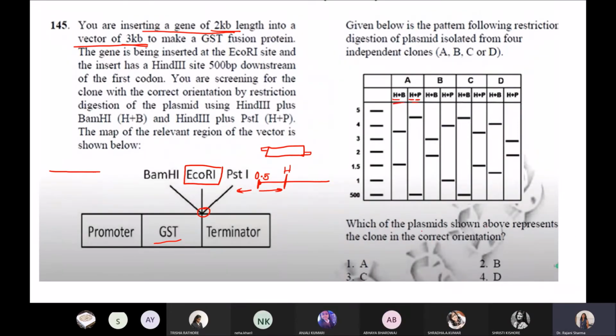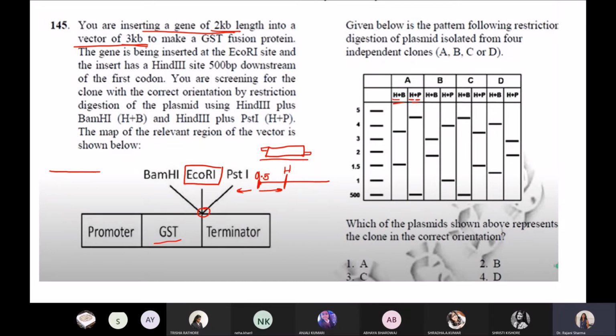Now, what you have to do is find which of the plasmids shown above represents the clone in the correct orientation. You have to find the insertion of this gene in the correct orientation. So what should be the trick here? What should be the correct way?